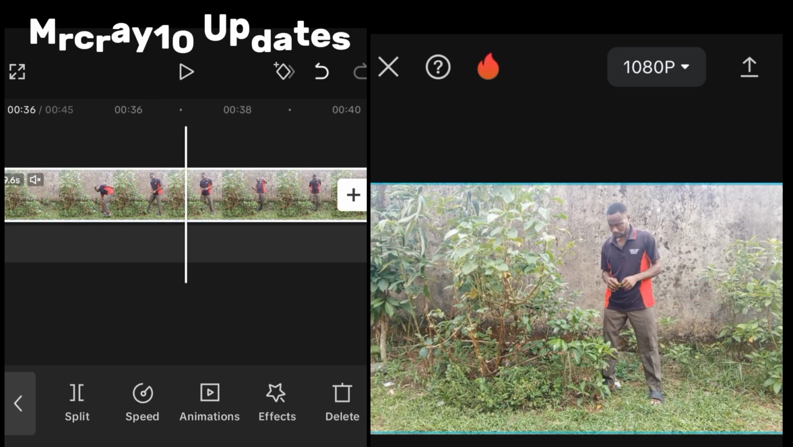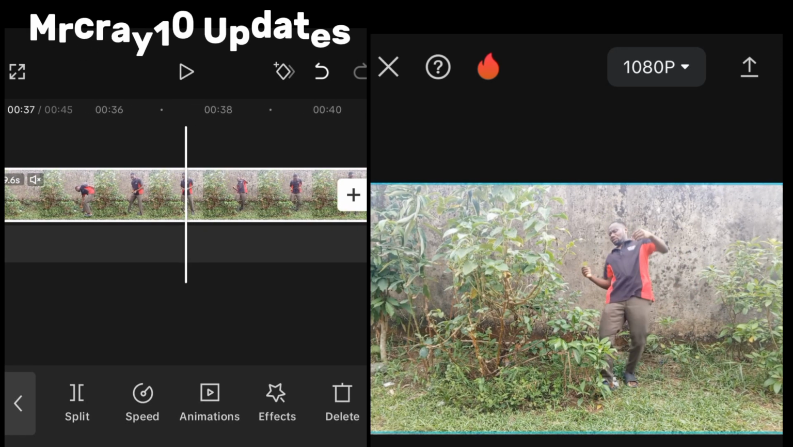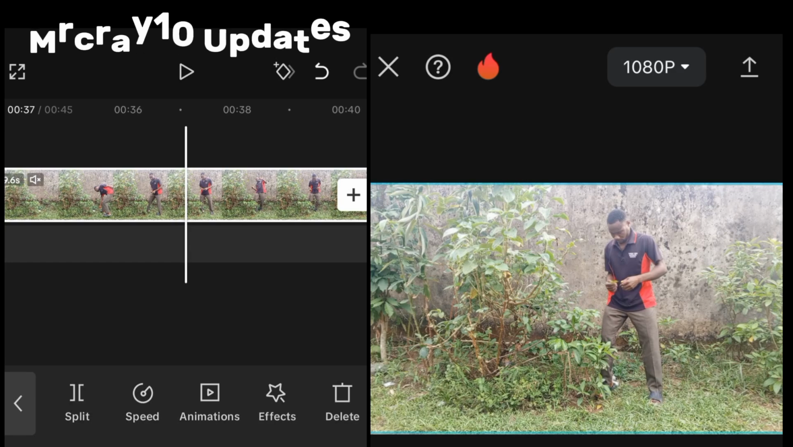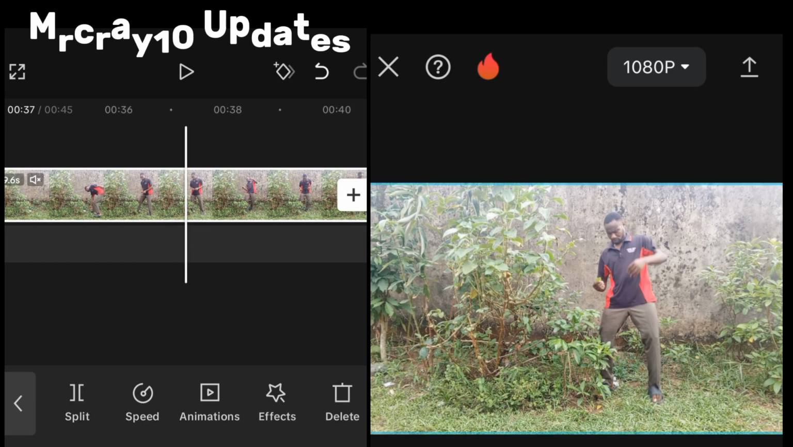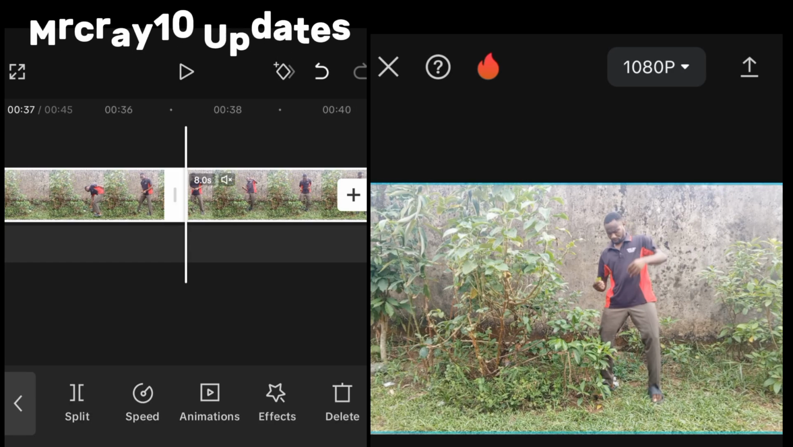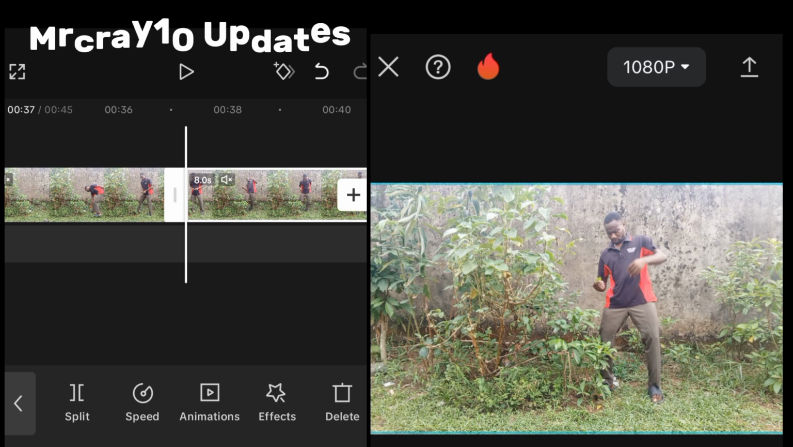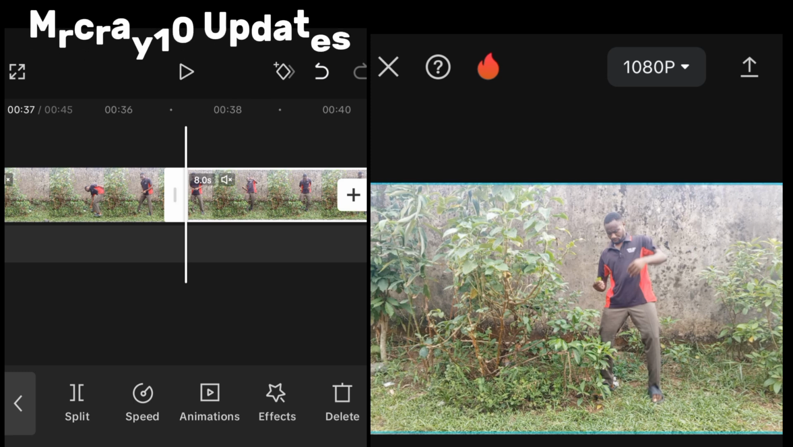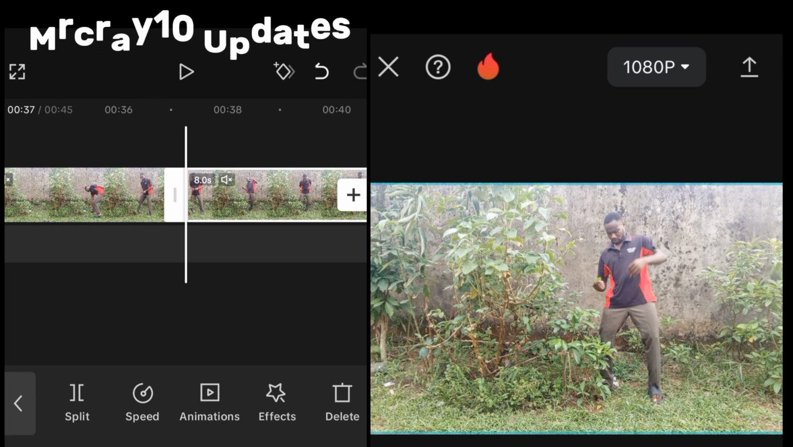So now I'm on the clothes right now. This particular point where I'm about to bend, this is where I will tap on split. When I tap on split here at this point, guys, before you do the next part,